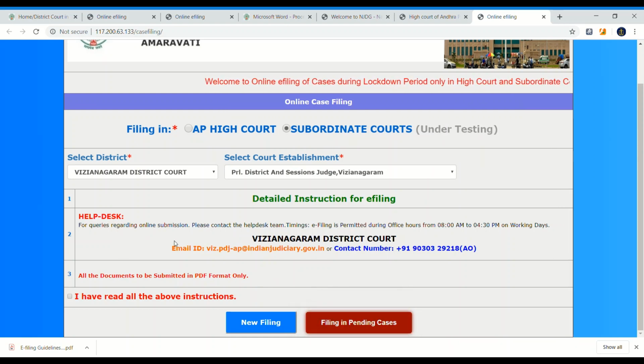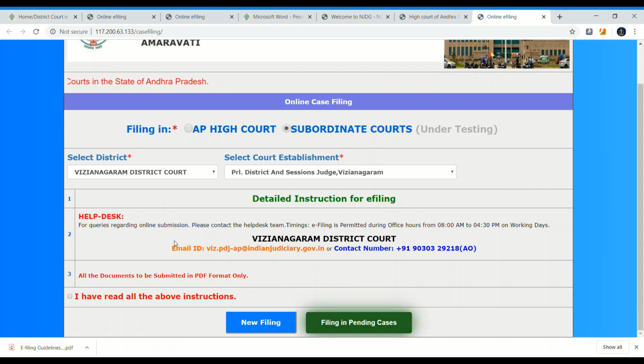So before filing, what are the documents required? Either plaint, wakalat, and if you paid the chalana, court fee, all the things should be in PDF format.